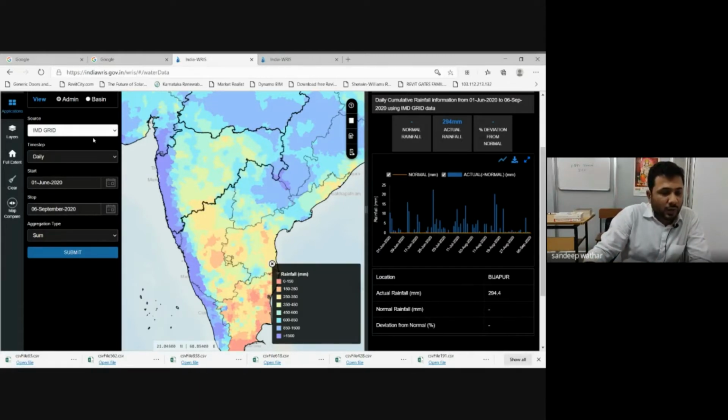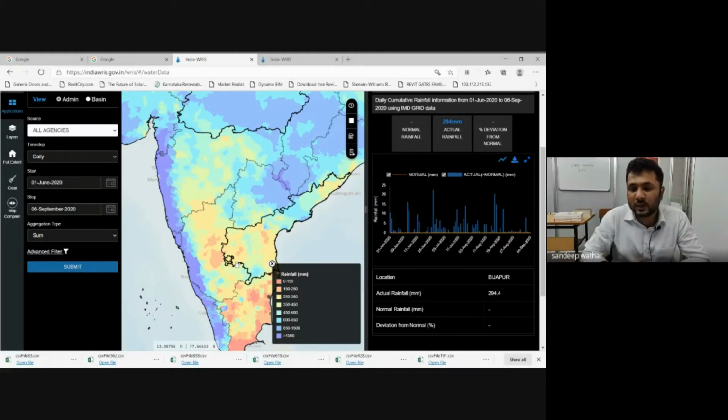Now if I change this to other sources, for example all agencies, then there are specific agencies which will give you the data. So we can divide that based on the source, and you can go and find out the data. If I click all agencies, this data will be with respect to all the agencies. There are different agencies, like the water board and the groundwater board.